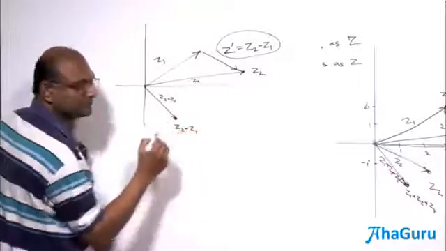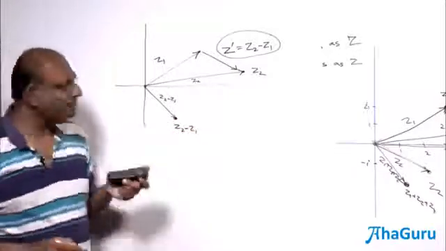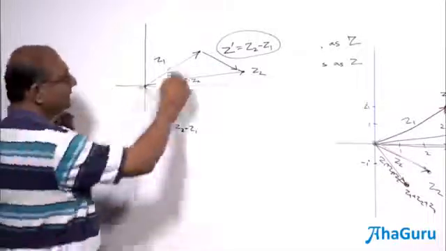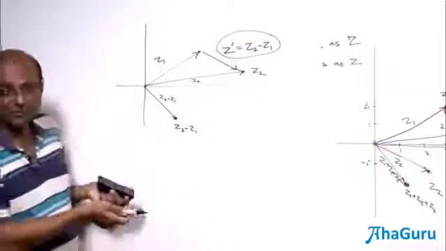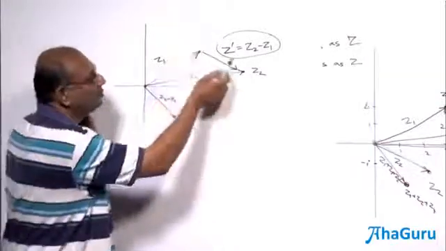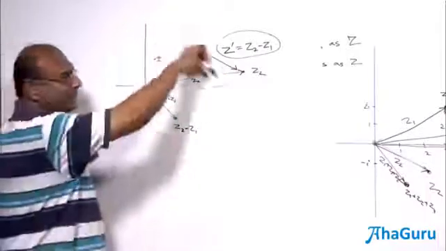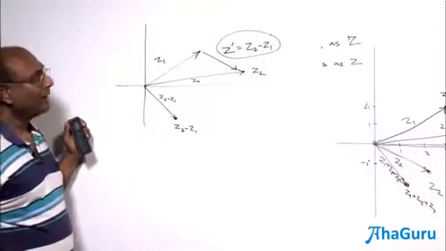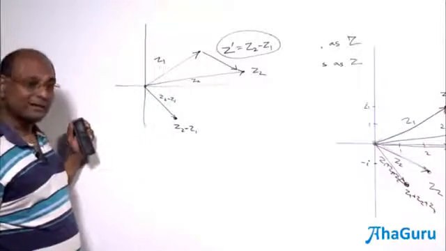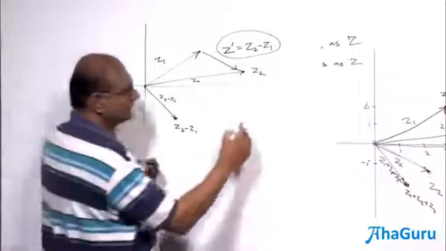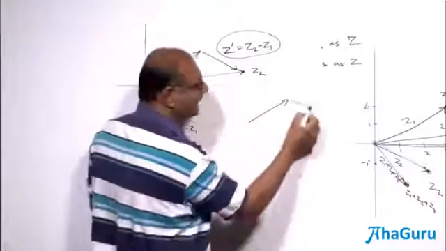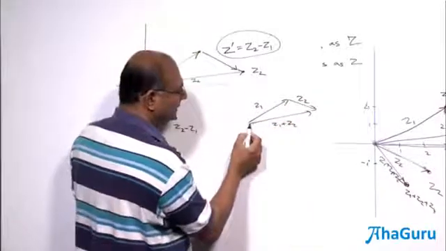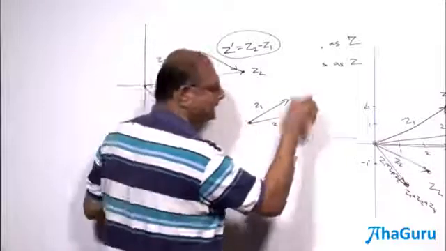So what about this point? Z2 minus Z1. So how do I subtract arrows? Very simple, like this. If I want Z2 minus Z1, Z1, Z2. How do I get Z2 minus Z1? No big problem. From Z1 to Z2, draw the arrow. Shift this arrow here. Is that clear? Or, you know how to add. How do you add? Z1 plus Z2. Now this was nice and simple because of the origin, so that is the end point.